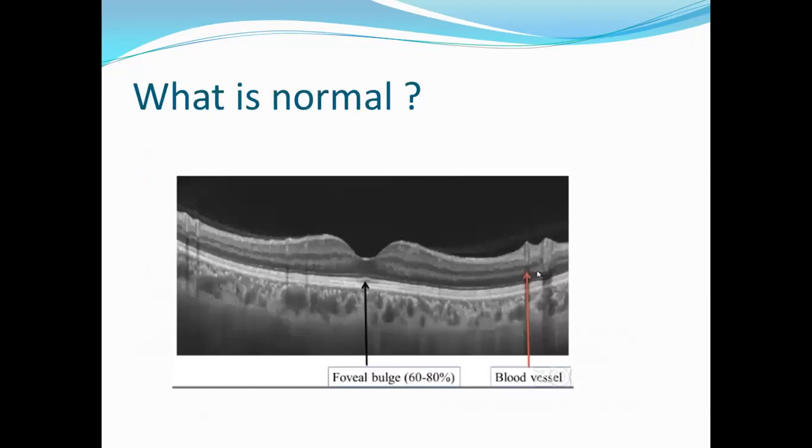So coming on to what is a normal OCT. This is a grayscale image, and we are talking about your swept source image. In the normal OCT, the central part of the retina shows a depression. This is the foveal depression. This depression normally shallows as the age increases. In the center part of this depression, there could be a hyperreflective focus. This can be normally seen.